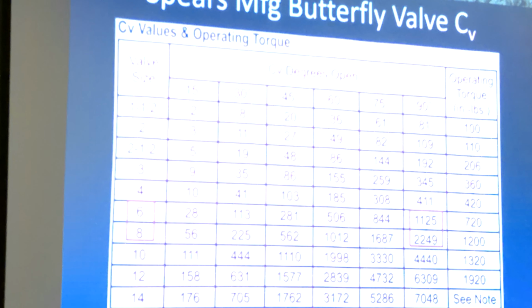In this case, we're going to look at the 6 and the 8-inch. The 6-inch butterfly valve, fully open, processes 1,125 gallons a minute. But going up 2 inches to 8 inches in diameter essentially doubles the amount of flow for the same head loss. Remember, the head loss is 1 psi, hasn't changed. So there's a tremendous effect of valve size here that allows more flow at the same pressure. Okay, so we'll just do this example full out. So 8-inch butterfly valve, full open at 750 gallons